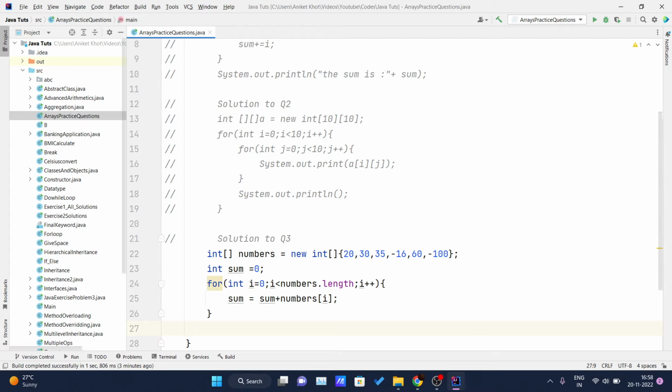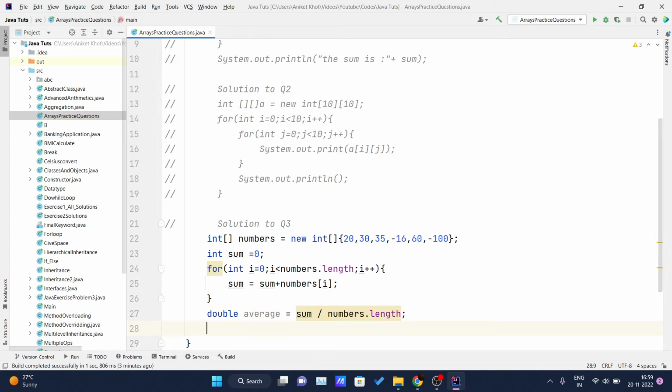Now we just have to calculate the average. So to calculate the average, I again declare one average variable of type double, and I will simply divide the sum by the numbers.length. Okay, and now I can simply print